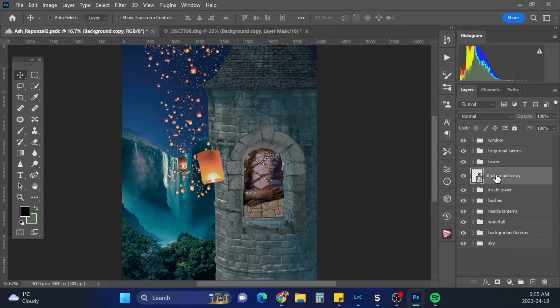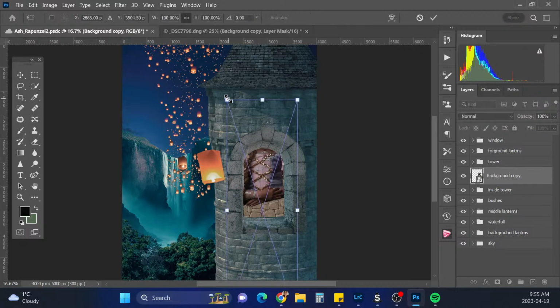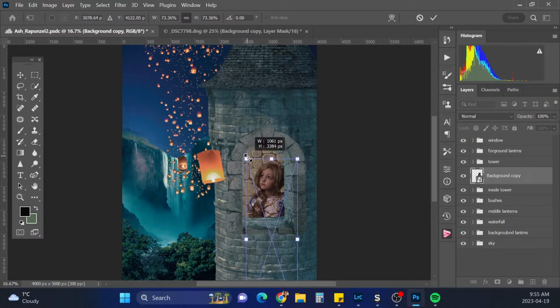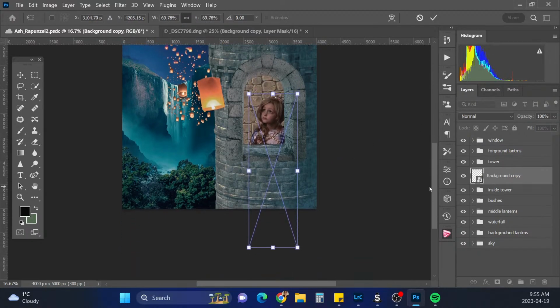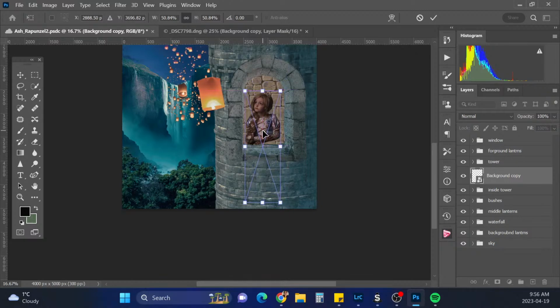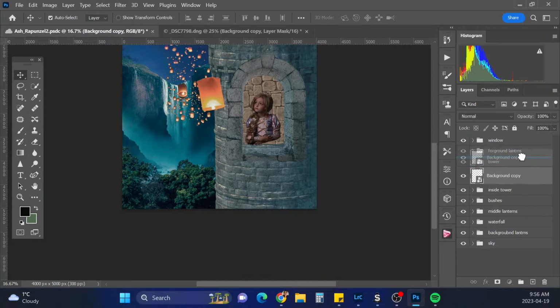And we'll hit Control T to resize her. So I want her to be in front of the window. So we're gonna put her in front of the tower, and wherever that window is.